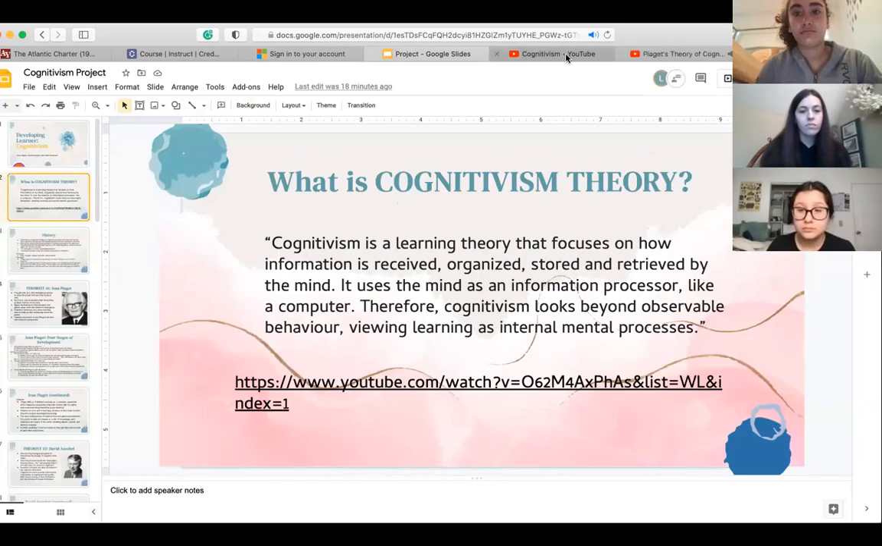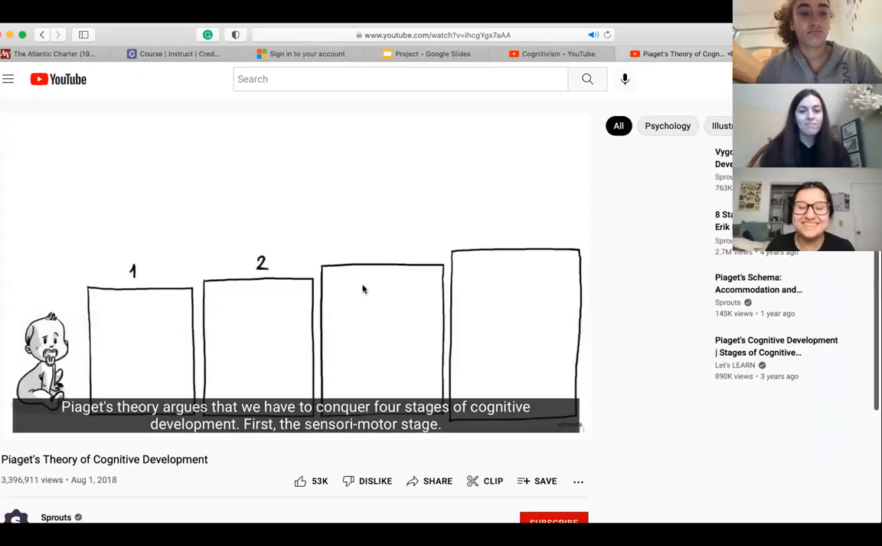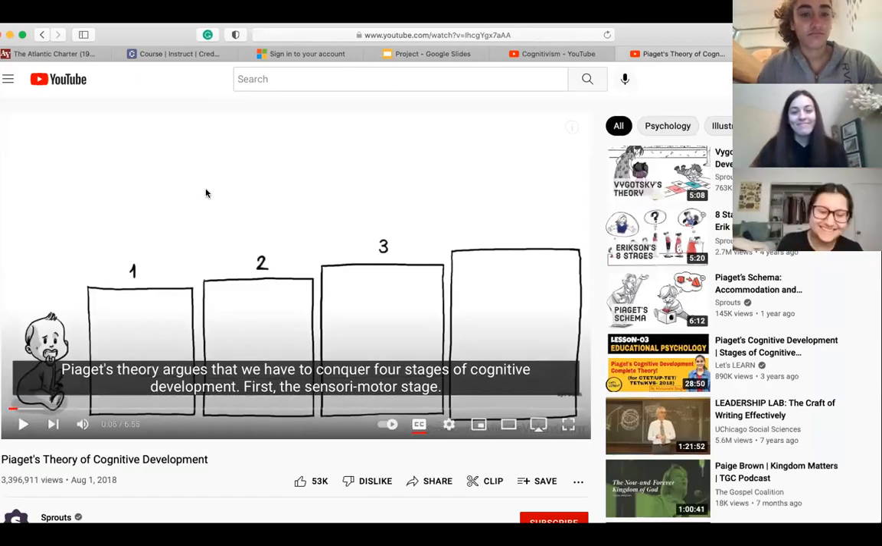Piaget's theory argues that we have to conquer 4 stages of cognitive development. First,